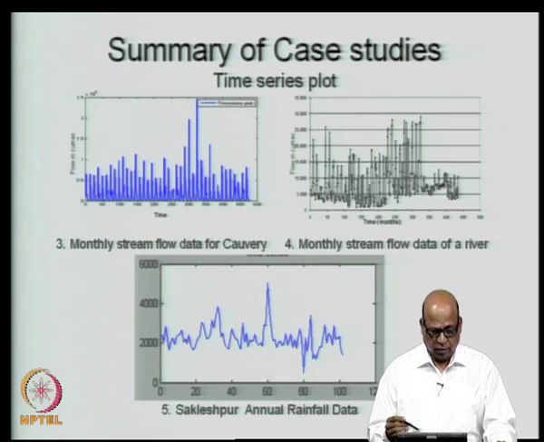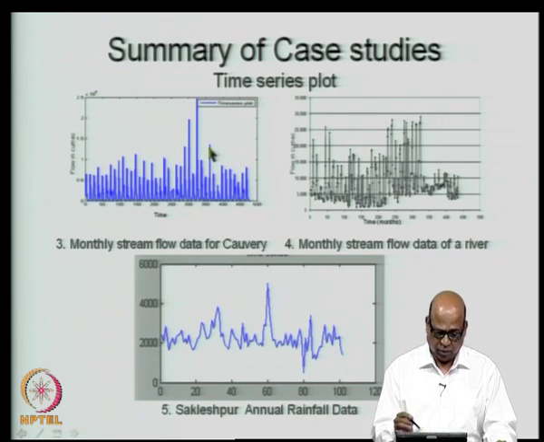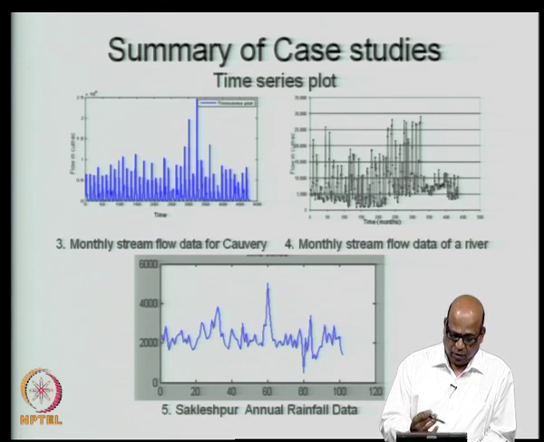Then we considered the Kaveri river flow and a stream flow of a US river here and also Sakleshpur annual rainfall data. So, these were the time series plots. This is just to show how the time series may appear differently for different types of variables and different types of